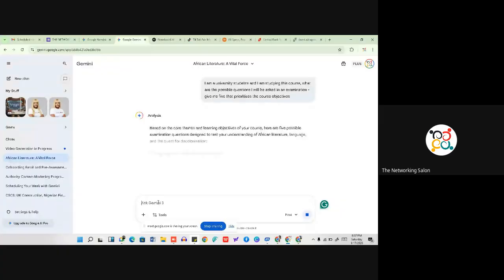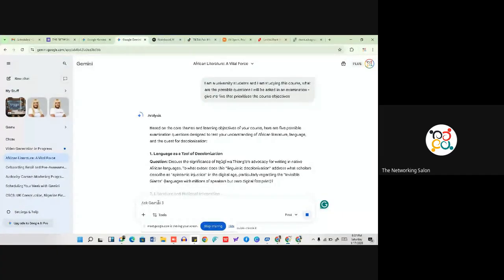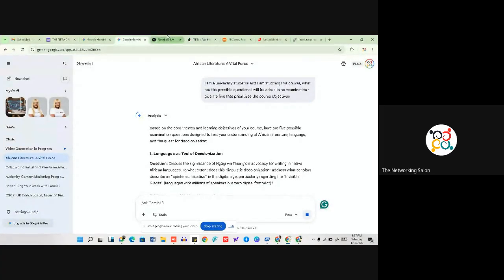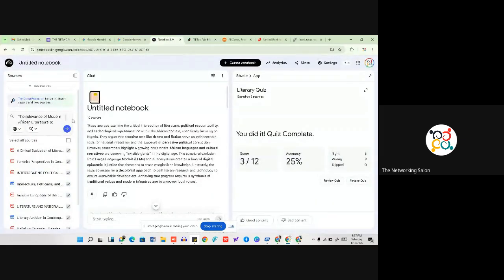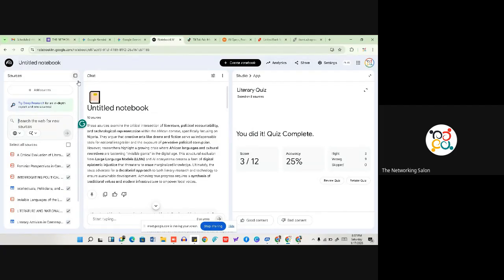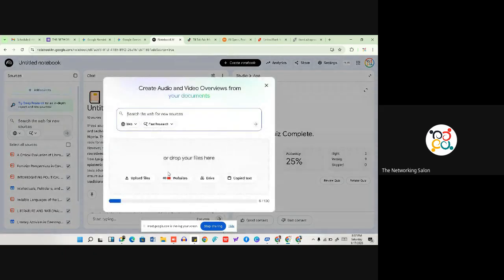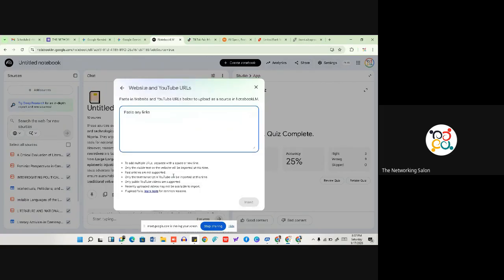Now, another thing you should not forget that you can do, instead of just searching for this, you can come back here and just clear this and simply go here and add source. You see the top left here, you can just click add source and then decide that it's a YouTube video you want to add. So you copy the YouTube video link and you paste it here. Once you paste it here, let's look for a YouTube video to